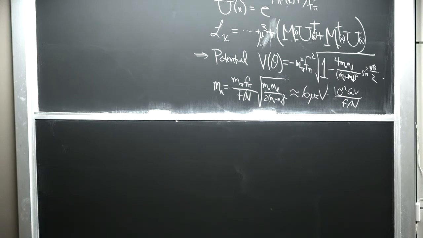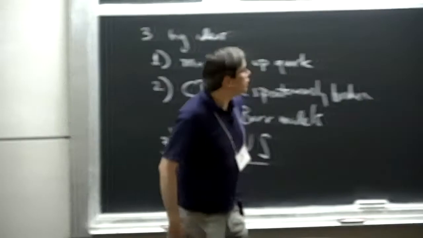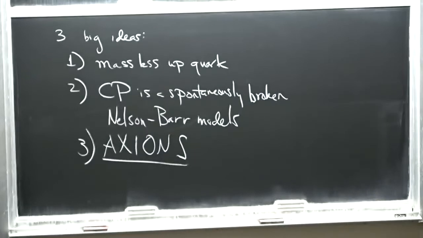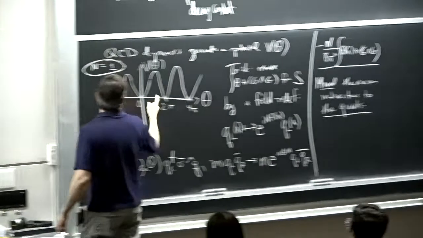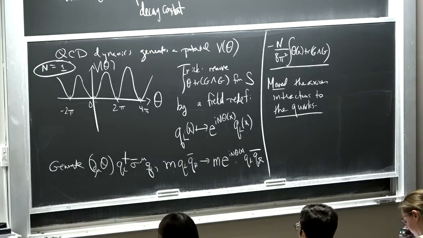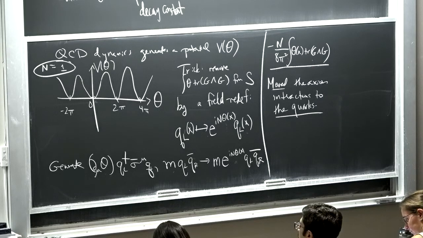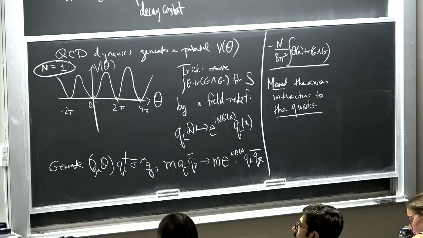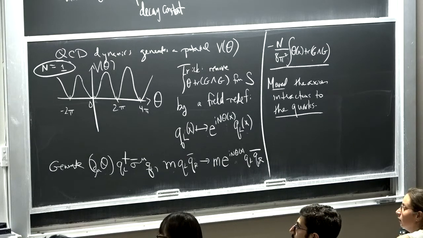Yeah. I mean, the potential, n is equal to 1, right? In the potential I drew here, right, good, thank you. I drew this in the minimal case n equals 1. Otherwise, the period would not quite match. Yeah. If n is equal to 2, I could have theta equal to pi, and would that be CP conserving? Right, so if n is larger, then your potential oscillates faster and you'll have multiple minima, and they're degenerate. And that's why there can be domain walls in cosmology that go between these different vacua.